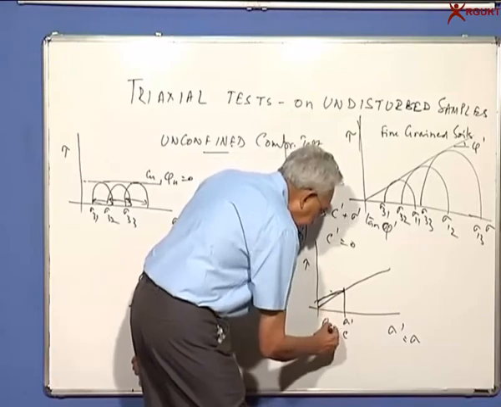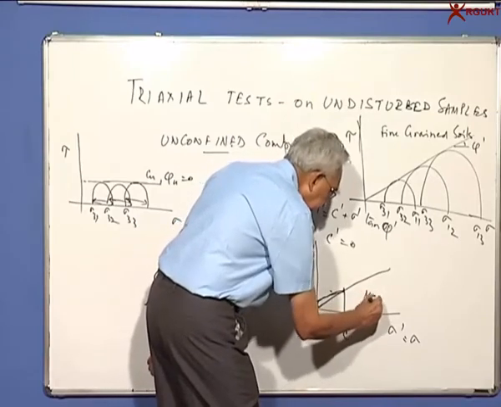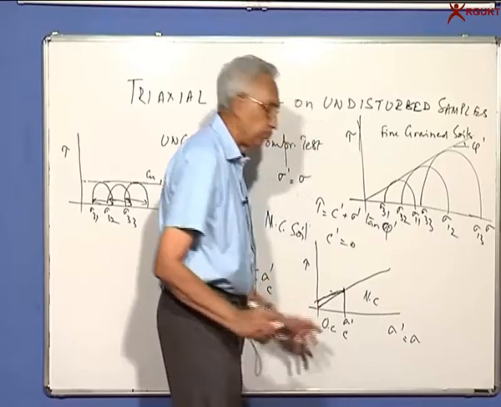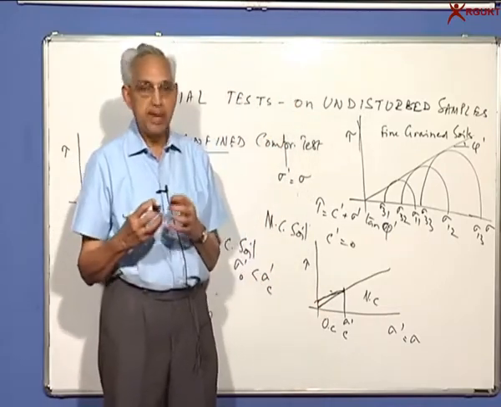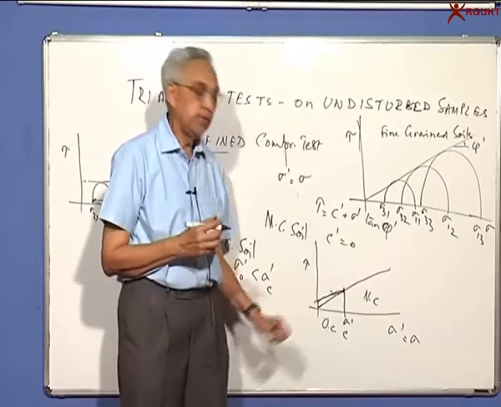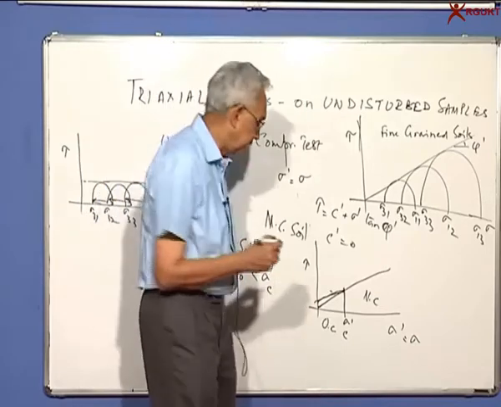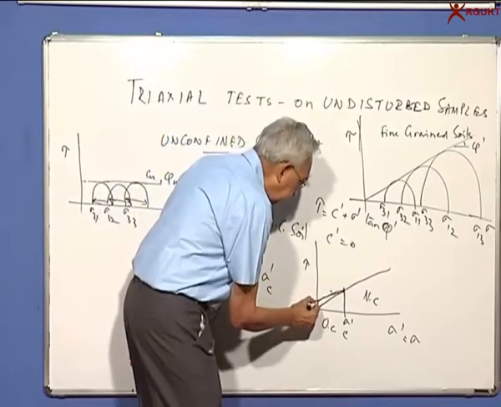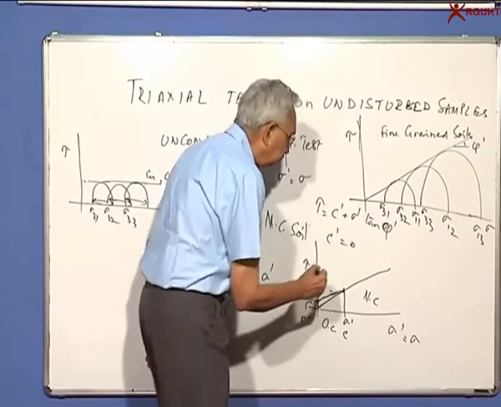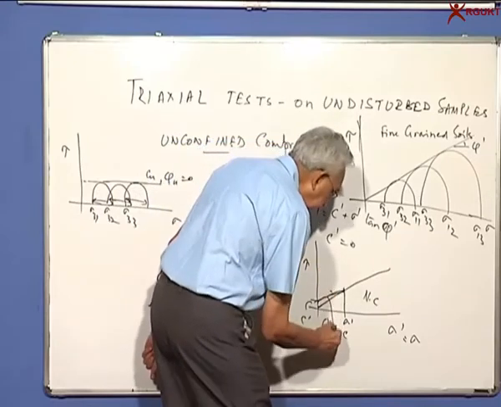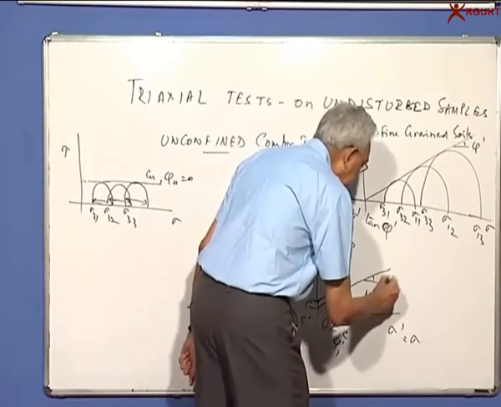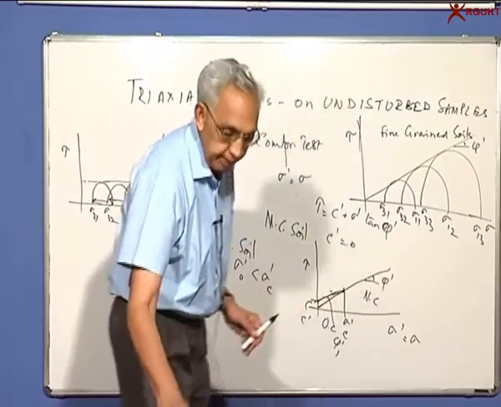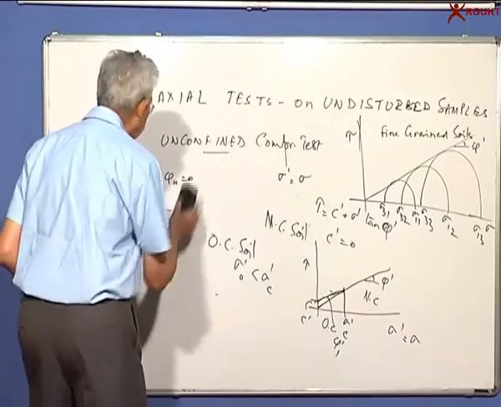This is the over-consolidation range and this is the normally consolidated range. For confining stresses smaller than the maximum past pressure, the soil is over-consolidated. Then you will find that there is some cohesion and the friction angle is phi 1 prime, whereas here it is phi prime. So if you want to describe an over-consolidated soil